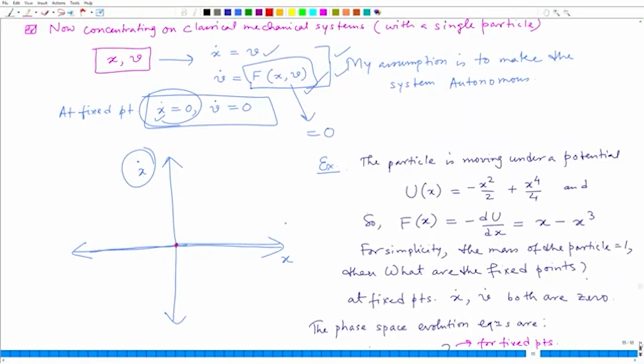So, before starting the main content of this lecture, what I would like to do, as usual, is to recapitulate a little bit what we have discussed on this topic of fixed points and the phase space trajectories. So, if you remember, I said